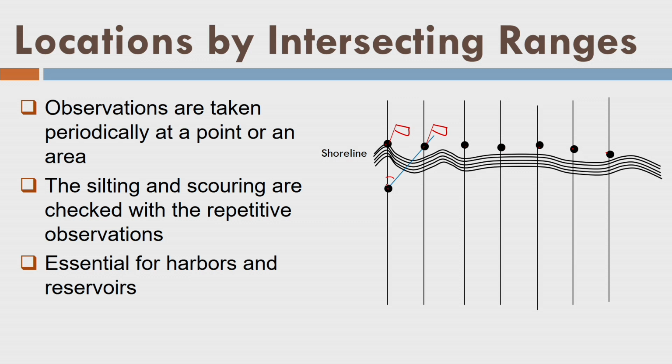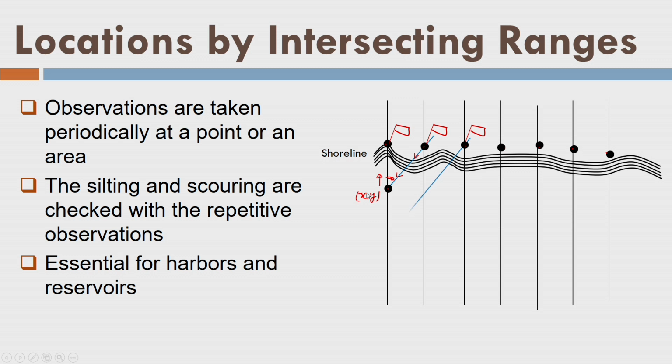Okay, how to observe this point? Since there is a flag here, as soon as the boat which is moving along this direction comes in this direction, it will stop and observe the x and y position here. Okay. Now, you got the idea. Since this angle is fixed here, I can always find out what this position x and y is. So, I will repeat this process.